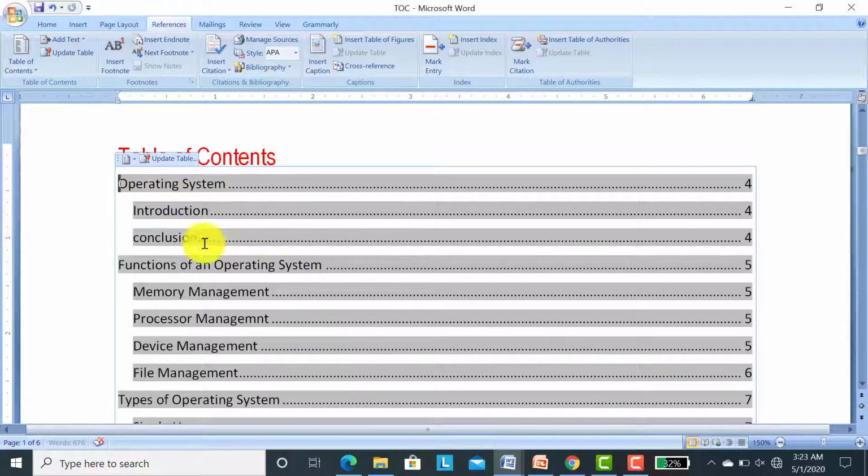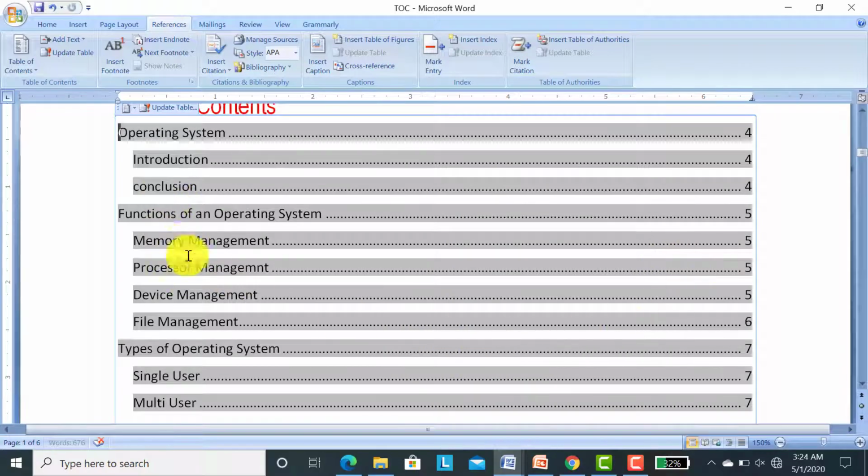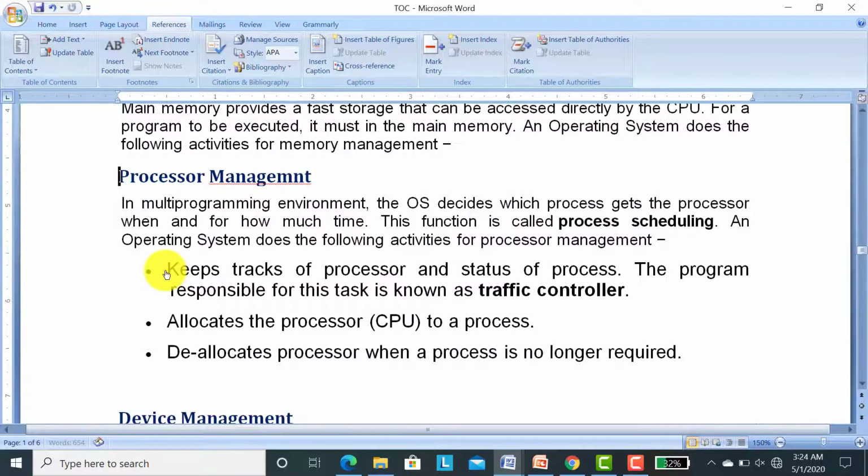Once you have created the table of contents, it will automatically change the page numbers and the introduction part also. If you want to go to Process Management, just press the Control button and click the mouse. The cursor automatically goes to the Process Management topic.